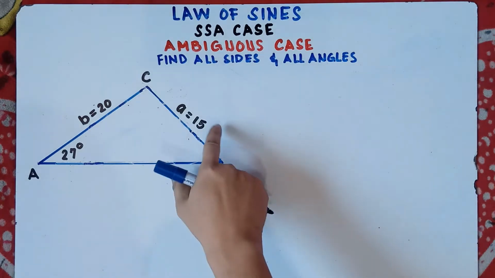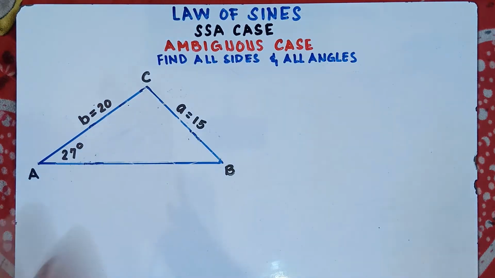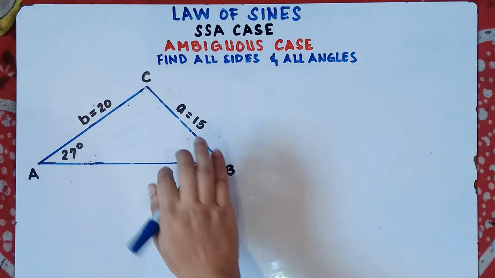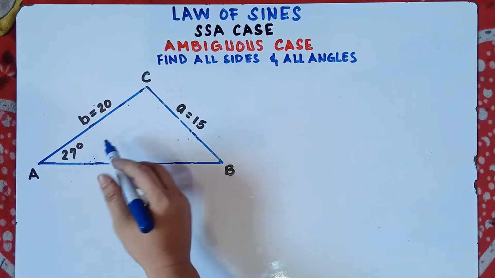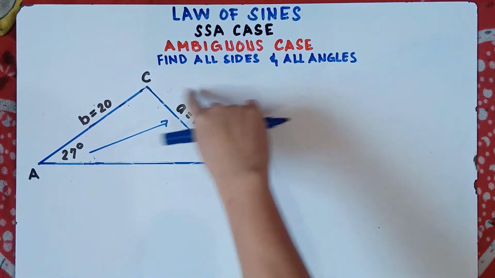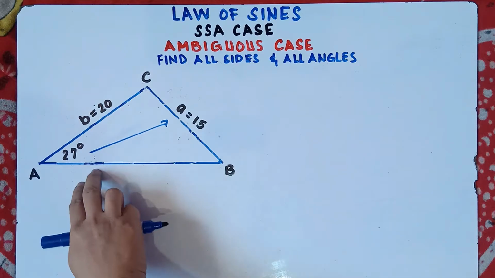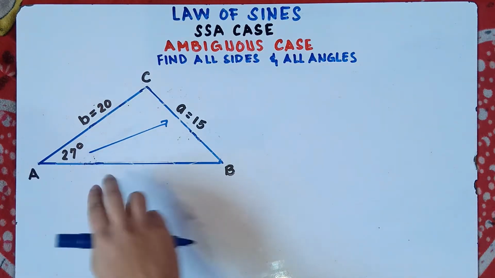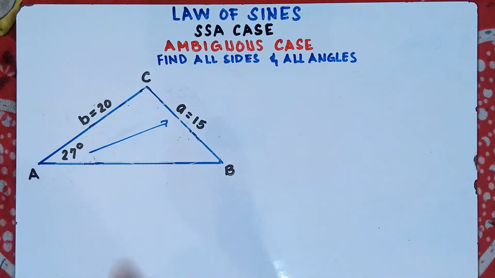Now if you are given a side and an angle, the first thing that you want to do, class, is check the opposite side of this given angle. If the opposite side of this given angle is less than the side right next to this angle, therefore, class, this is an ambiguous case because we can create two triangles. But before we explain how we will create two triangles, let me give you another illustration, class.